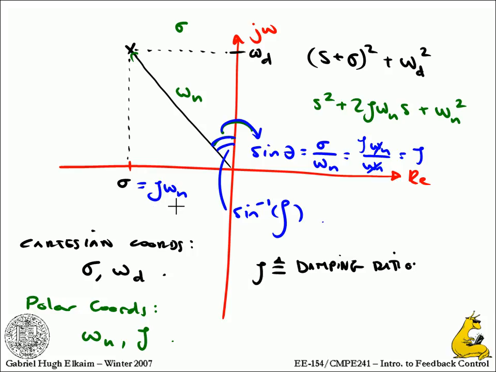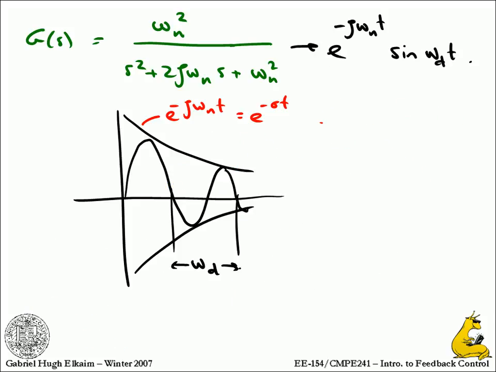and that zeta is equal to sigma over omega n, which is also equal to the sine of that angle. So zeta is the damping ratio. When we write it in this form, it gives us an output that looks like, so our g of s becomes omega n squared over s squared plus 2 zeta omega n s plus omega n squared, which leads to an e to the minus